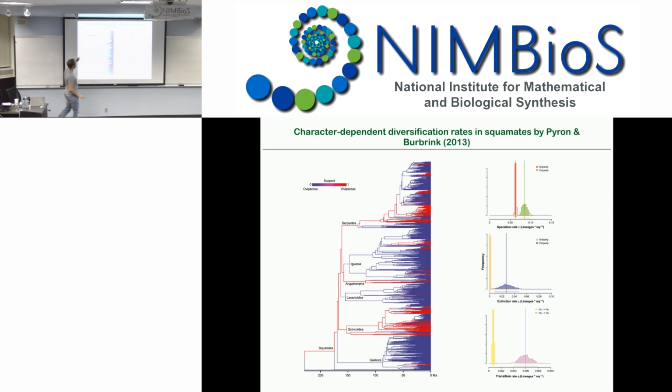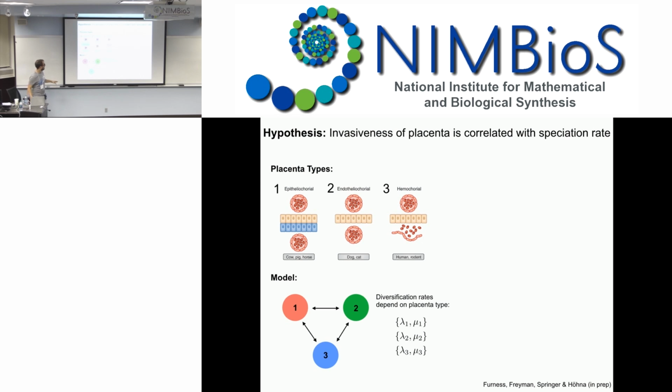There's another example for the squamates where you can really see the difference in estimated speciation and extinction rate. So sometimes we get a lot of signal, sometimes a little bit less signal. The example that I have been working on with Will and two other collaborators is the hypothesis that the invasiveness of the placenta is correlated with the speciation rate. So there the idea really is that the more invasive the placenta is, the more this is driving reproductive isolation,